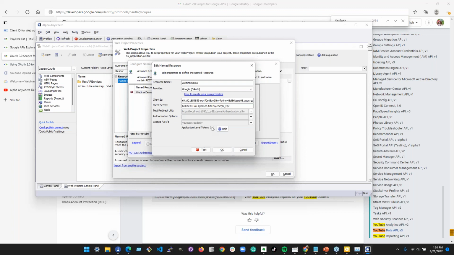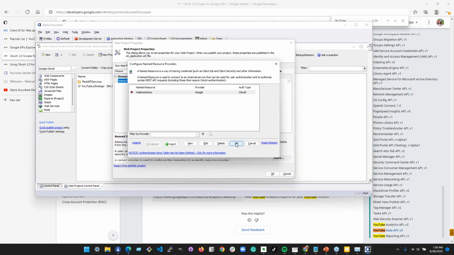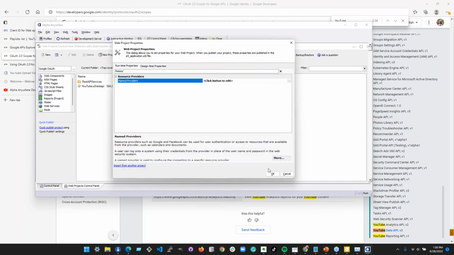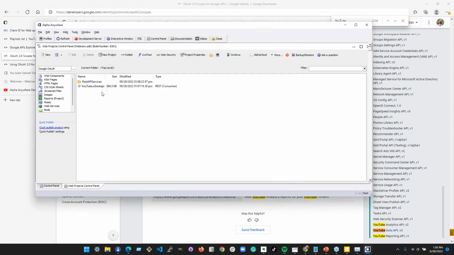And then the last thing is turning on application level token. We want to log in once and use it for the whole application. Click OK. Click OK. Click OK. So that's added. Now, if we go back in there,